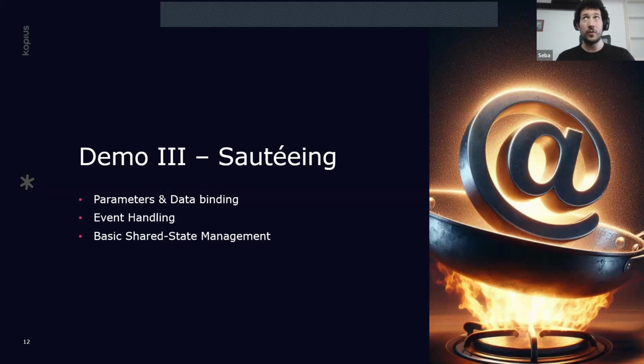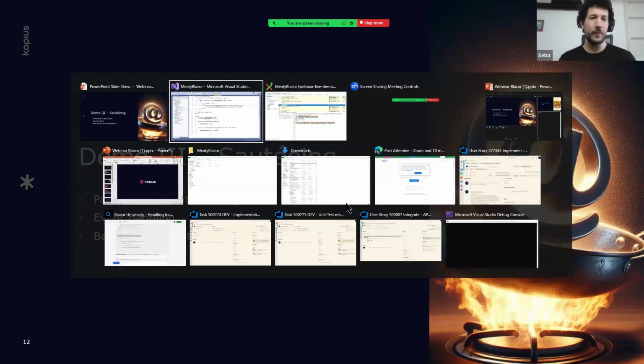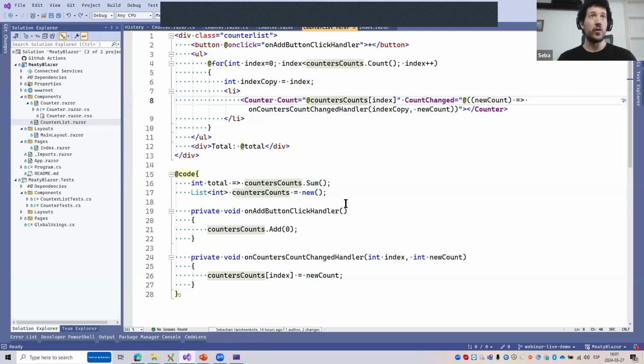I won't be able to show you two-way data binding right now, but it's really simple. I can couple up an example, and then I want to go straight to how we can go about sharing the state between different parts of the project. So let me just go ahead and pull the share state demo